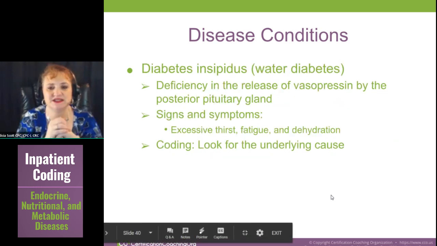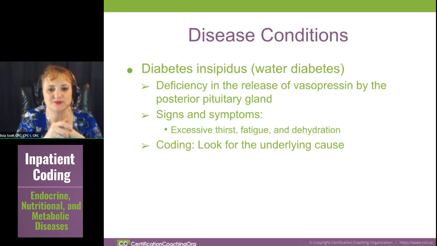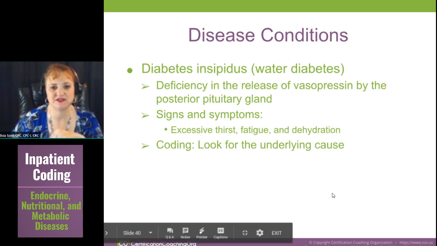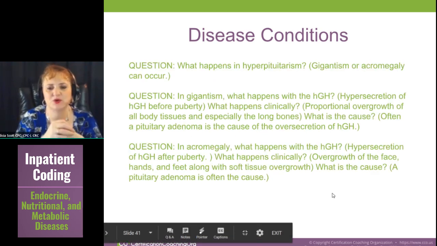Diabetes insipidus. This is called water diabetes. Ultimately, the body's release of vasopressin is a posterior pituitary gland issue. The signs and symptoms are thirst, fatigue, and dehydration. There is usually an underlying cause for diabetes insipidus, and there's a different code for that. So, backtracking,